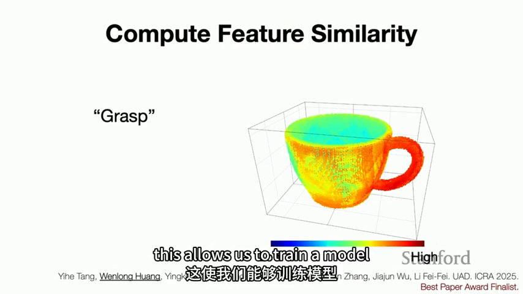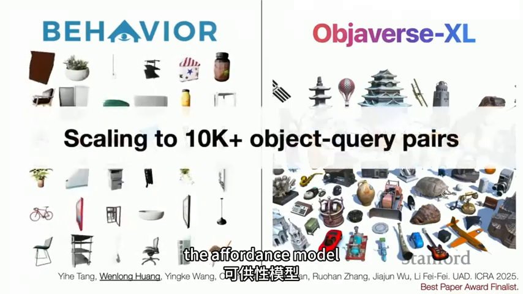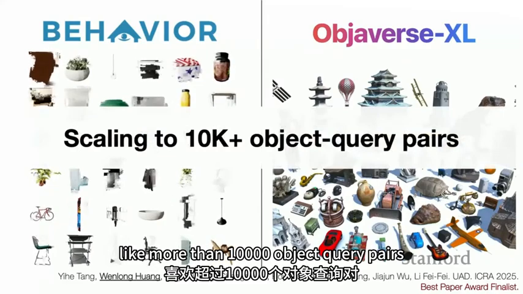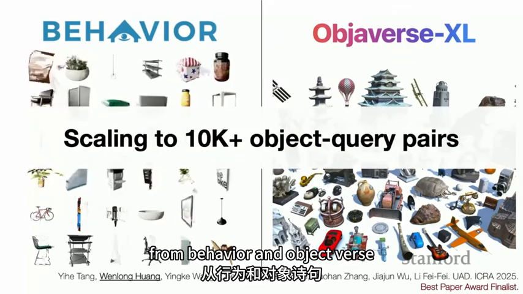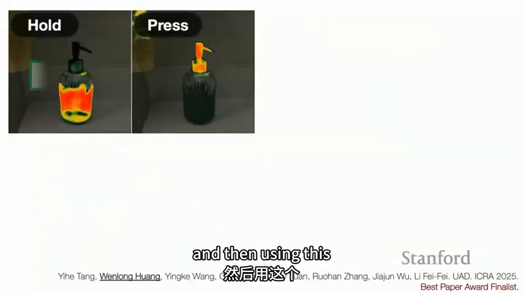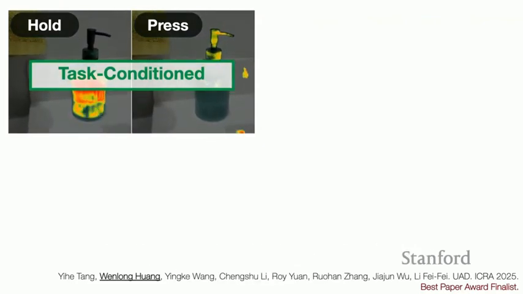This allows us to train the affordance model on more than 10,000 object-query pairs from BEHAVIOR and Objaverse. These are like 3D object datasets. And then using this, I don't have time to get into some details of the architecture, but essentially, if you